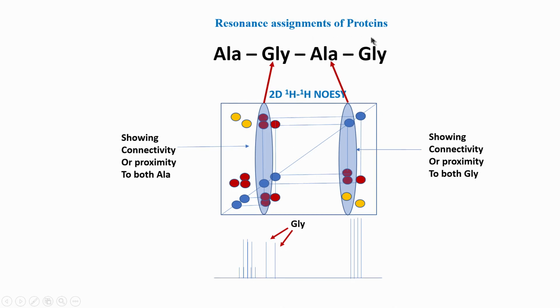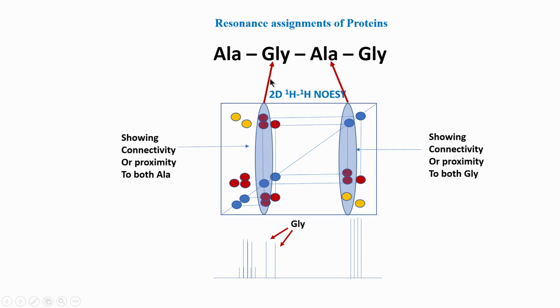This was a very simple example, but you can also look at this part here. Here also if you see, this alanine is showing to two glycines. So, it is this alanine, and this glycine is showing to two alanines, which is this glycine. So, the same information, either you go from this beta proton side to alpha proton, or you can go from alpha proton to alpha proton. So, there is no issue, you can use any one of these chemical shifts to do that.